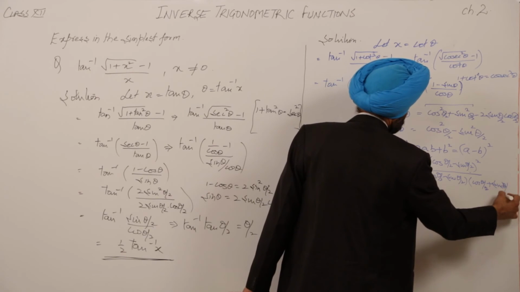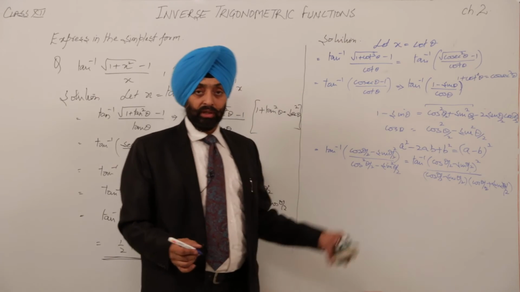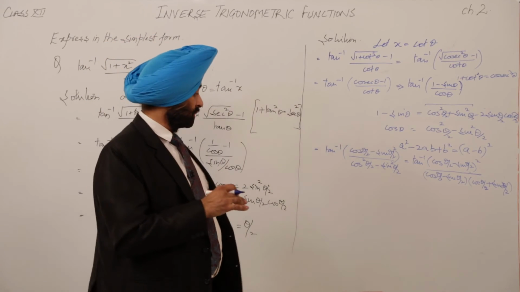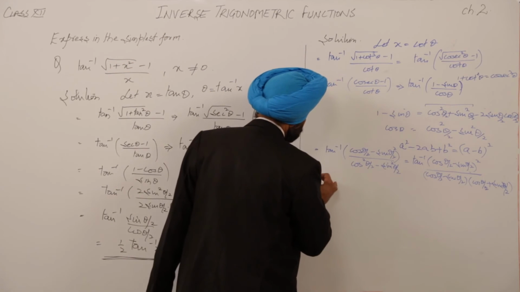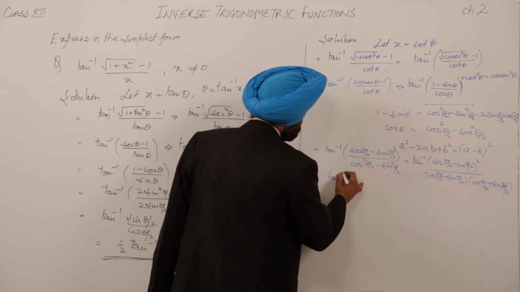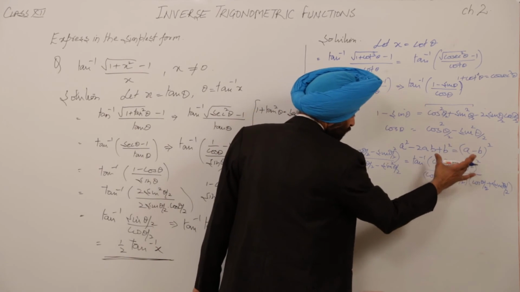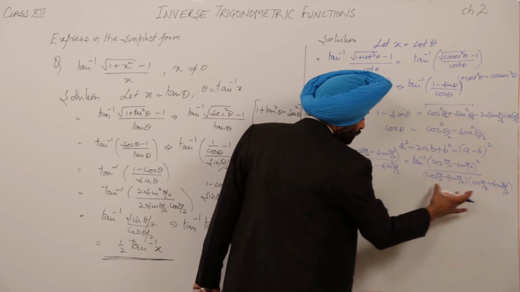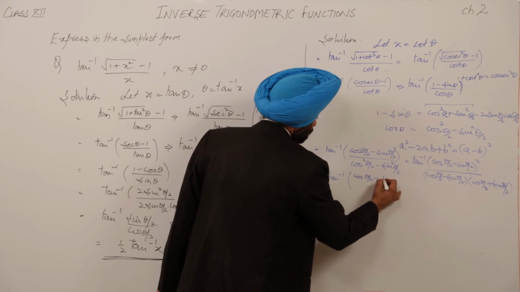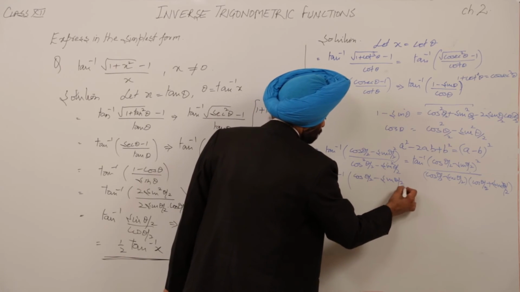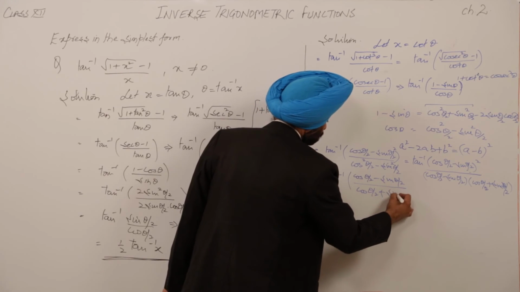Now what I have done? I have used again an identity for a square minus b square, that is a square minus b square is equal to a minus b, a plus b. So here what finally we are getting? We got tan inverse in the bracket, one term is cancelled from these square terms with this negative part. So we are left with cos theta by 2 minus sin theta by 2 upon cos theta by 2 plus sin theta by 2.